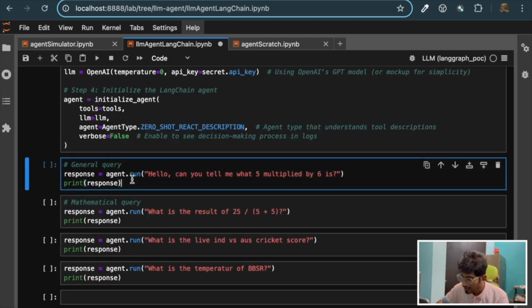Now we are asking a few complex questions. The questions that I'm asking here are not pretty straightforward. I've asked, "Hello, can you tell me what 5 multiplied by 6 is?" I have not given any pure mathematical expression like 5 into 6. I've written it as 5 multiplied by 6. So this LLM agent is smart enough to get the mathematical expression for it,